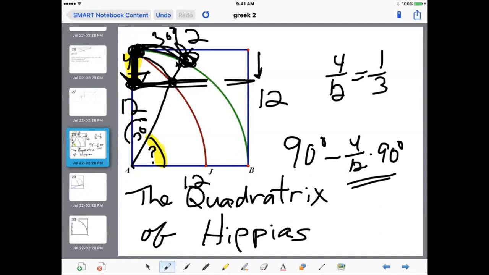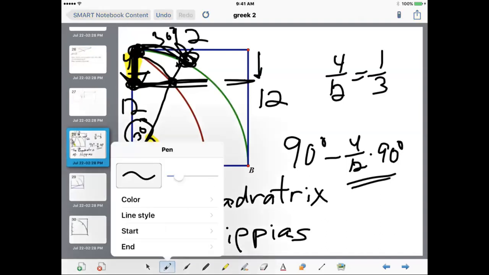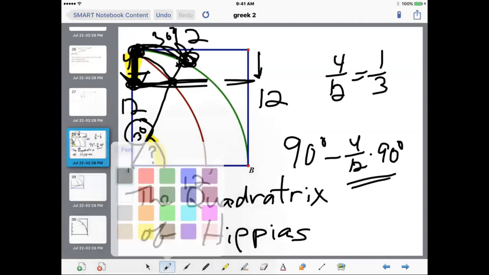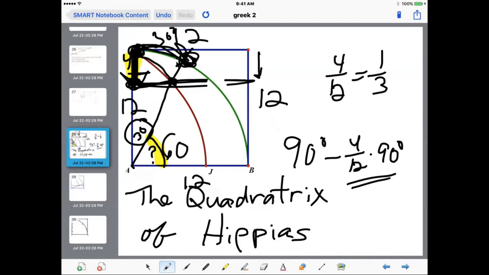This piece here was 1/3 of 90. So 1/3 of 90 is how much it went. Yes, it's the complement of 1/3 of 90. So that's why it was 60 and not 30. Can you explain why that's 30 again? Yes, it's 30 because